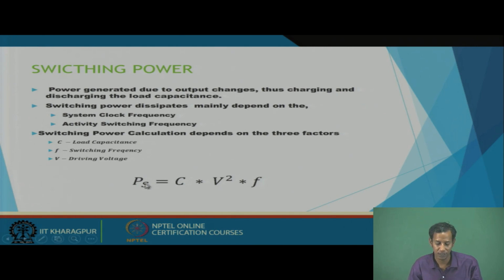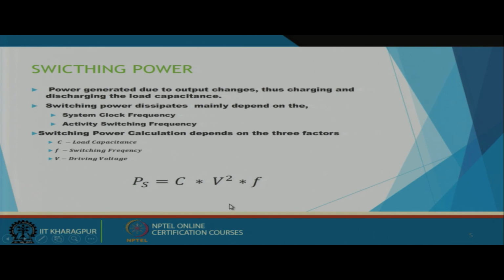So, here you see this power consumption and the frequency are proportional. Power consumption will increase if the speed of operation of your circuit increases. So, it is a trade off. We need the operating speed of our system to be more, but at that time it also increases the switching power consumption of our circuit.